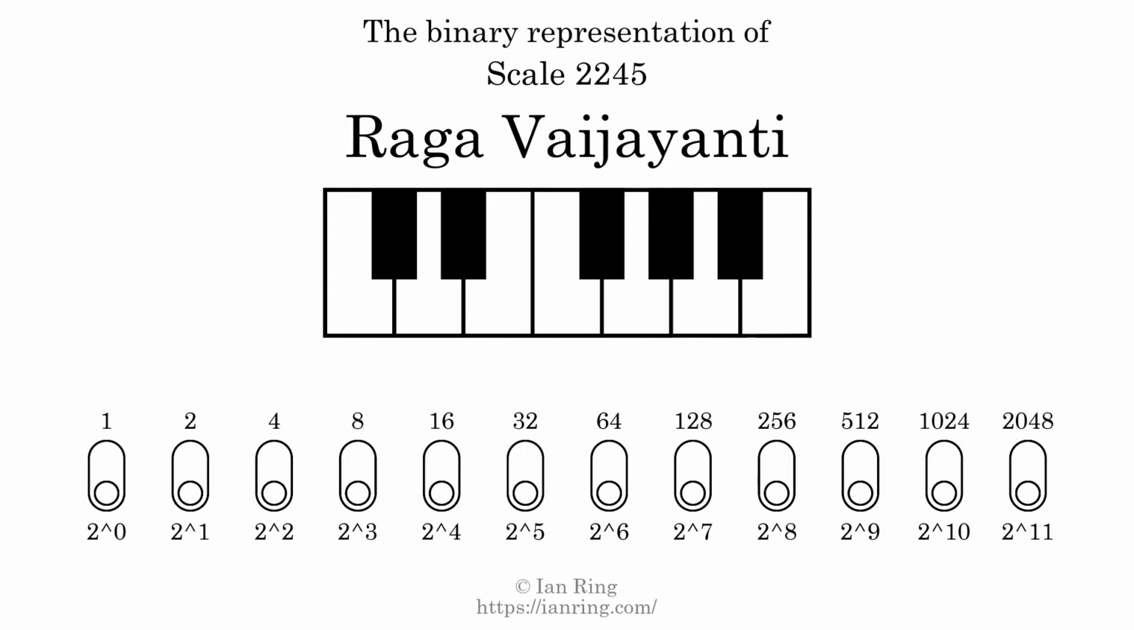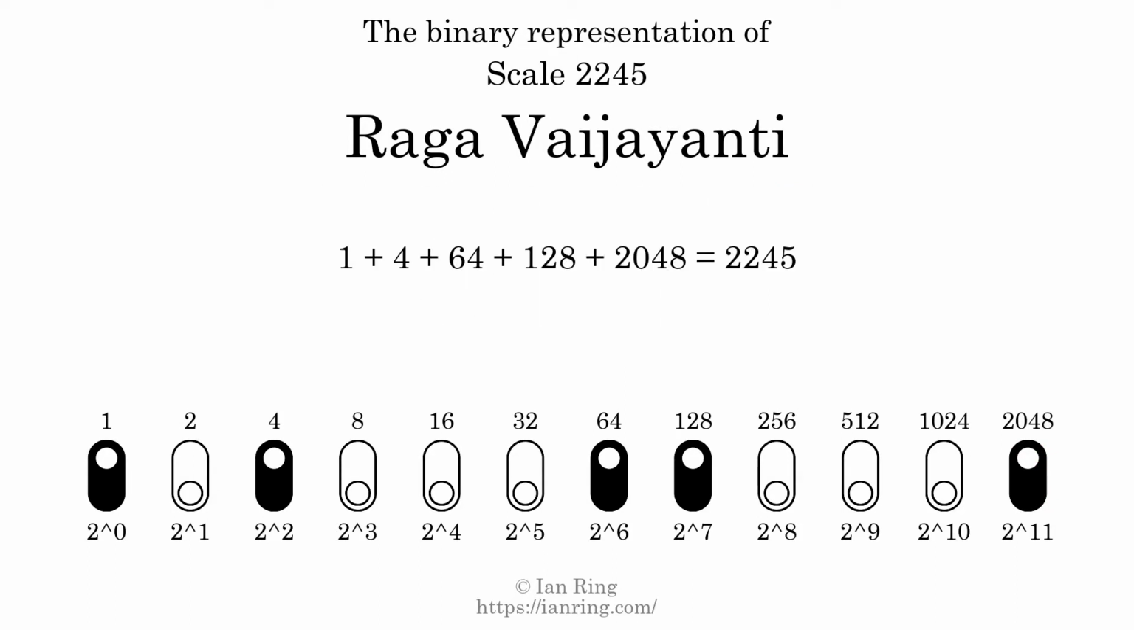The binary representation of this scale is determined by mapping tones of the scale to binary digits. Each binary digit represents a power of 2. To get the scale number, we add the powers of 2 together. The powers of 2 that are present in the scale, all added together, equals 2245. That is why the scale number, in decimal, is 2245. The scale number not only enumerates the scale with a unique index, but it also literally describes the tonal content of the scale. Represented as a binary number in base 2, the scale number is